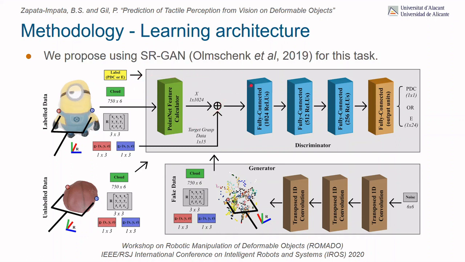But this is a semi-supervised learning system, so it also has unlabeled data in which we have point clouds with grasp information but no target tactile responses. And since it is a GAN network, we also have a generator that is going to produce fake clouds for us, so we have fake data, that is clouds and grasp data as well, but no target tactile response. These two types of data are supposed to improve the performance of the system. And for this, we are going to compare the SR-GAN with these three types of data with a system trained with this network up here, only trained with labeled data, which is our baseline.